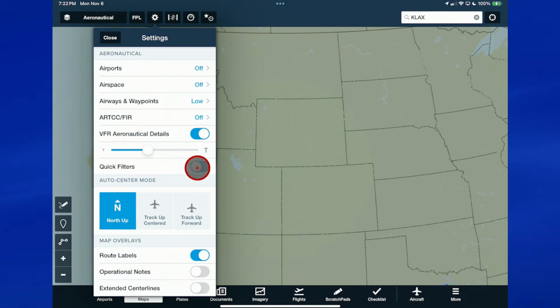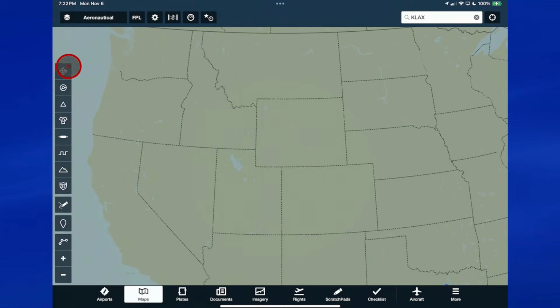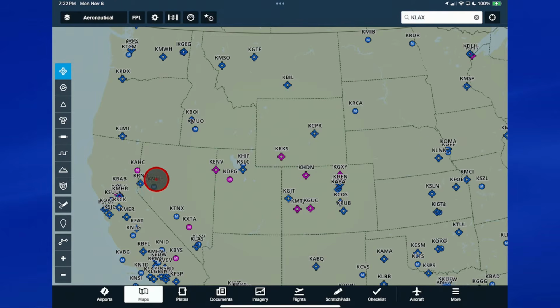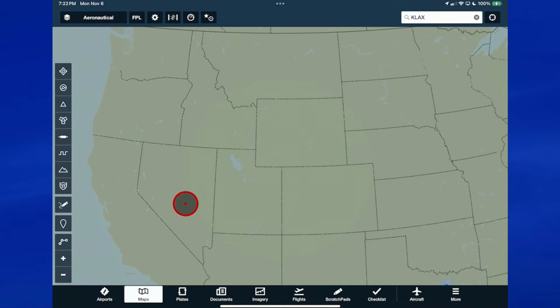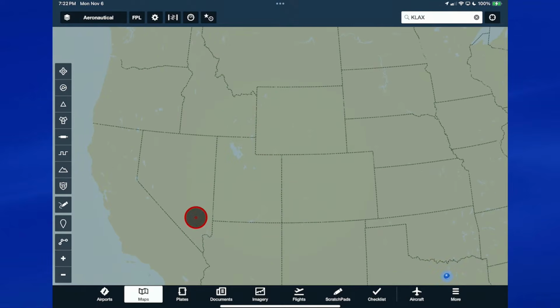What I'm getting by turning that on and off is those buttons on the left side of ForeFlight. I'm going to leave them on, and while they're on, I have none of them selected. You can see if I select airports, the airports will show up. I want none of them on right now. I just want a clean slate here, and we're going to plan a flight.